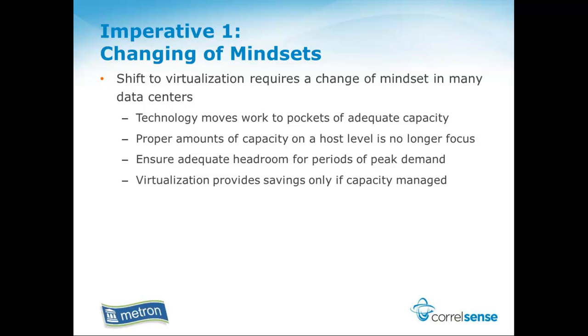One thing virtualization does provide, and that technology that sits underneath does provide, is the ability to work at a higher level of utilization in your data center, because the technology is going to look for pockets of adequate capacity to move important work. But if you don't change that mindset and you over-configure your environment, all you're essentially doing is changing how you do the work. You're going to move from Windows to VMware. You're going to spend at least as much money, if not more, and you're not going to take advantage of what virtualization can bring to you. So capacity management is incredibly important in that area.